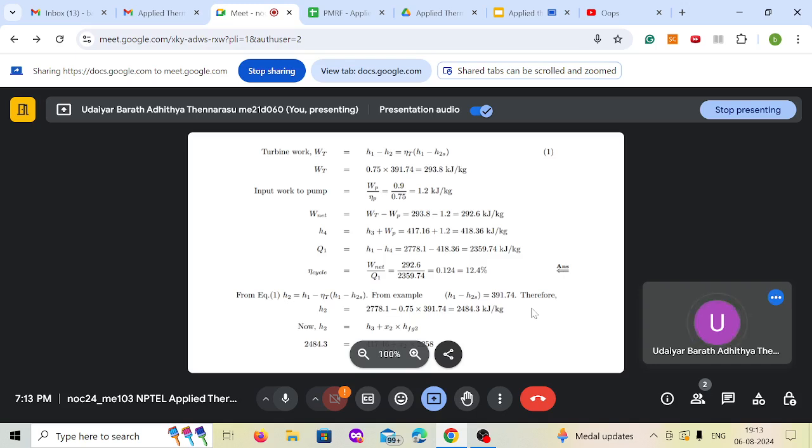So next is the turbine. So H2, we can find out the enthalpy at exit of the turbine. H2 is H1 minus your turbine efficiency into H1 minus H2s. Or you straight away know H1 minus H2, which is 293.8 kilojoule per kg,